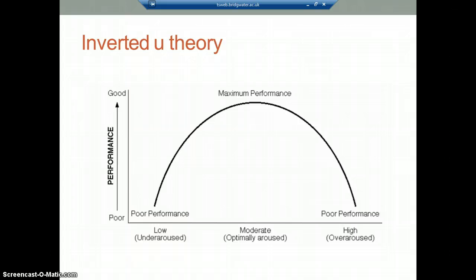If they had low arousal, they wouldn't be bothered about the penalty and would be concentrating on surrounding things such as the crowd and miss the penalty. When at optimal arousal, you'll be able to pick out the top corner and concentrate just on that. When at high arousal, you will kick the ball too hard and possibly miss the penalty because the arousal is too high.